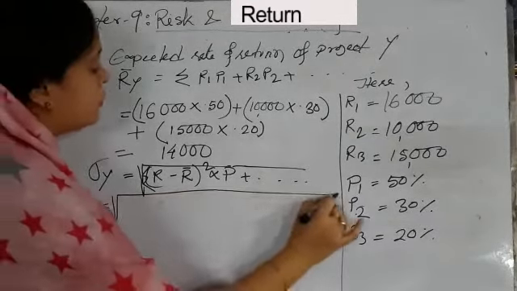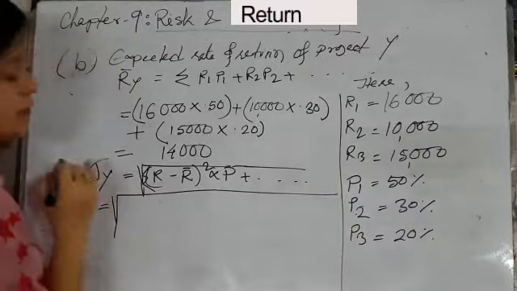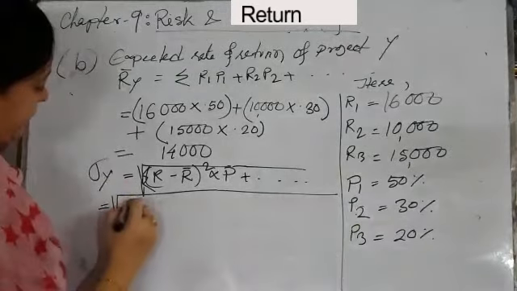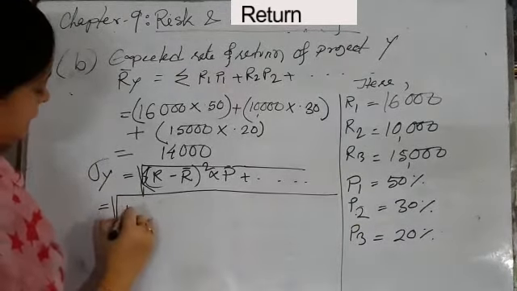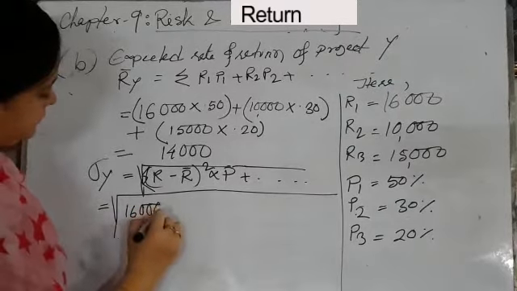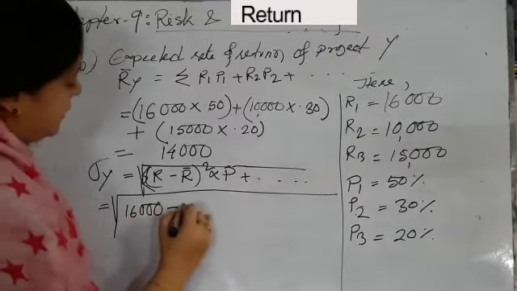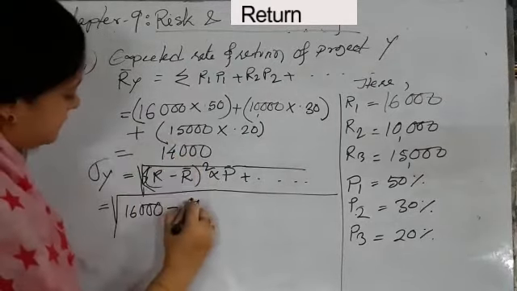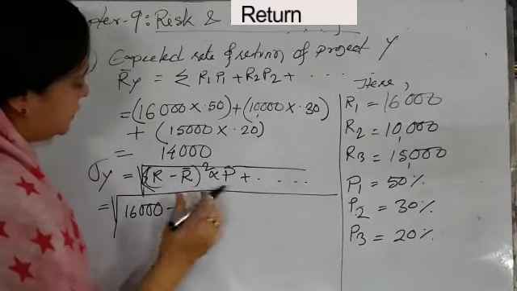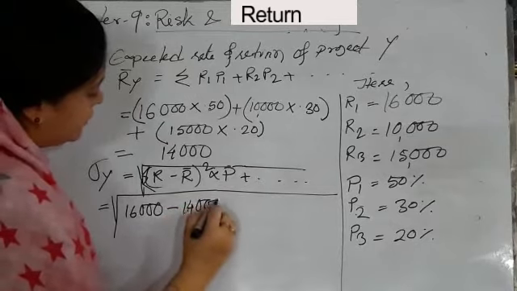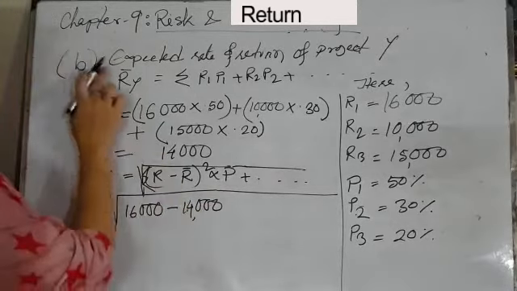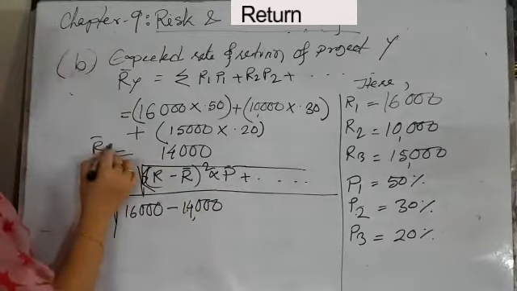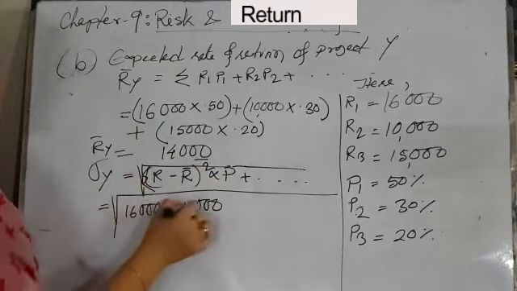First we will have to write a big root over R1 16,000 minus 10,000, sorry 14,000, not 10,000, 14,000 is from here, the R bar Y here, this value we have to put here,